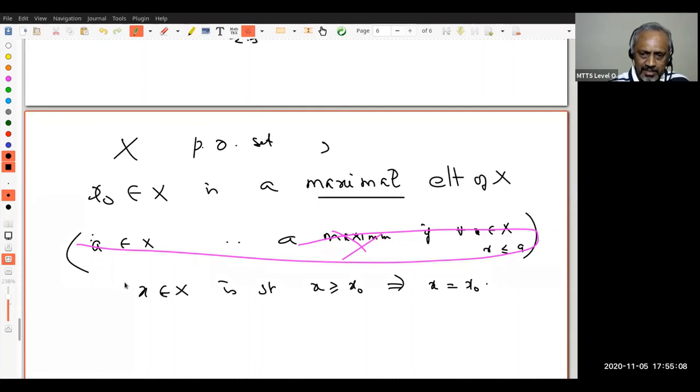What is the difference between confidence and arrogance? Arrogance is something like everybody is below me. That is, give me any element, I am x naught. That is, I am maximum. That means give me anybody, that x is below me. x is less than or equal to x naught. But a self-confident person says, if you tell me, no, I'm claiming nobody is